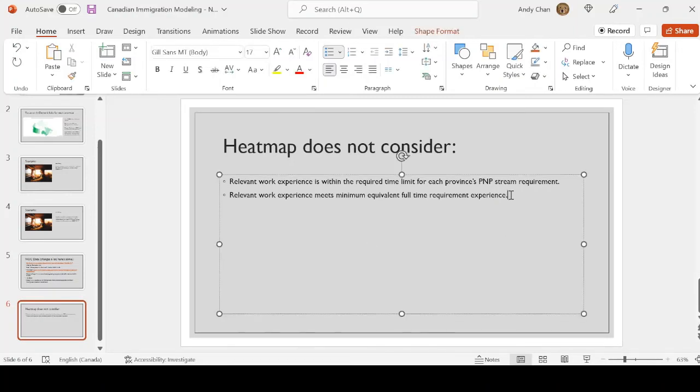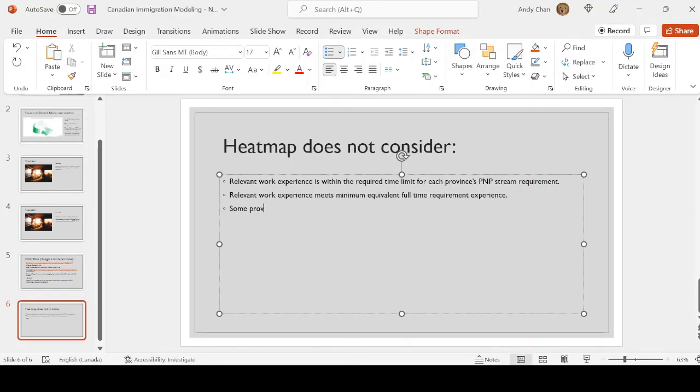So I'm not testing to see whether the start and the end of the work is within the required time for each province's PNP. For example, some provinces want the work experience to be within the last 3 years. For the heat map, I'm also not counting the number of hours worked in that NOC. And again, I should have typed this, but just to reinforce that fact,